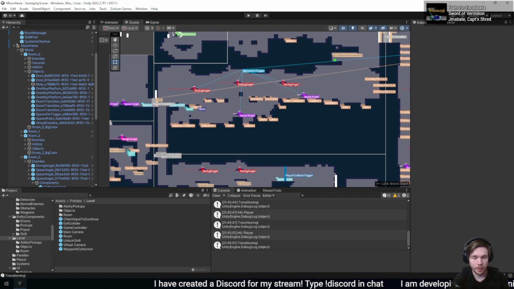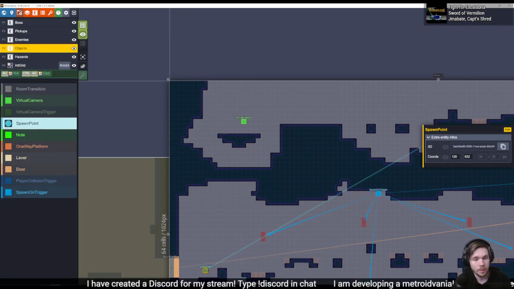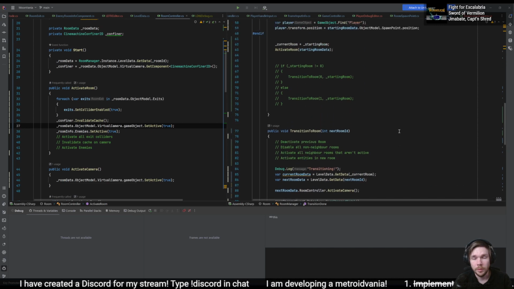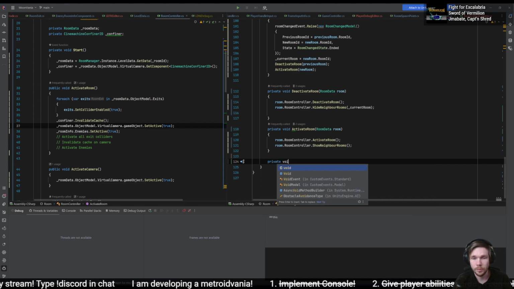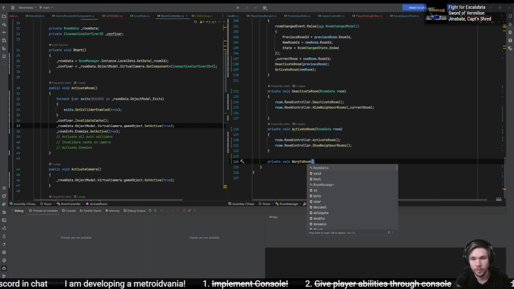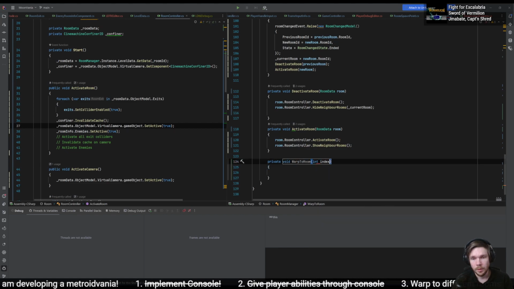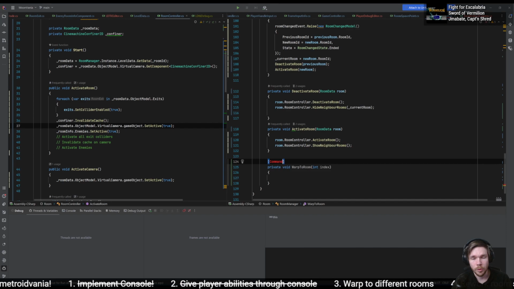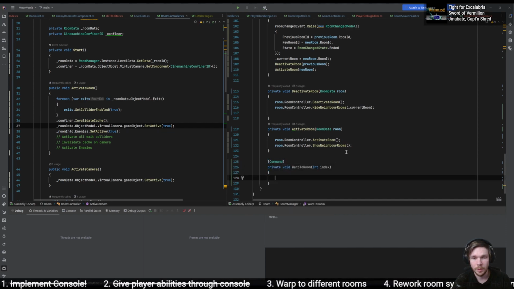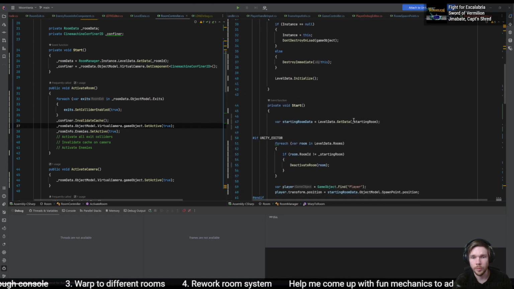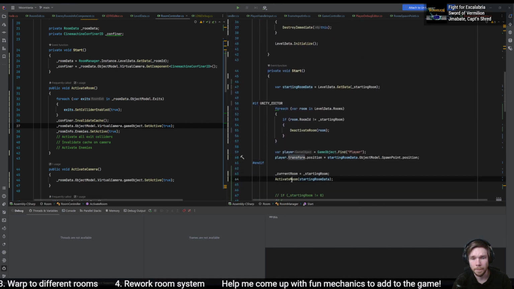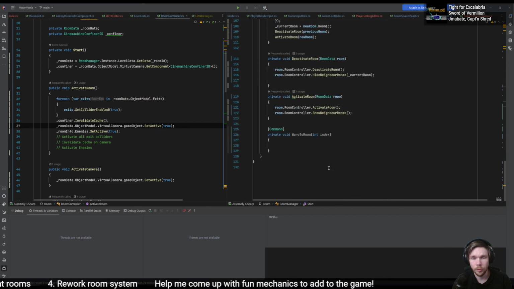What I would like to have now is to have a warp. So in the room manager, let's go in here. I'm going to add a new method, and it's going to be private void WarpToRoom, and yeah, it's going to take an index. So we can probably just add a command here and see how we do this. How do you do it from the start? We get the starting room data. We need to get the active room data, and okay, so